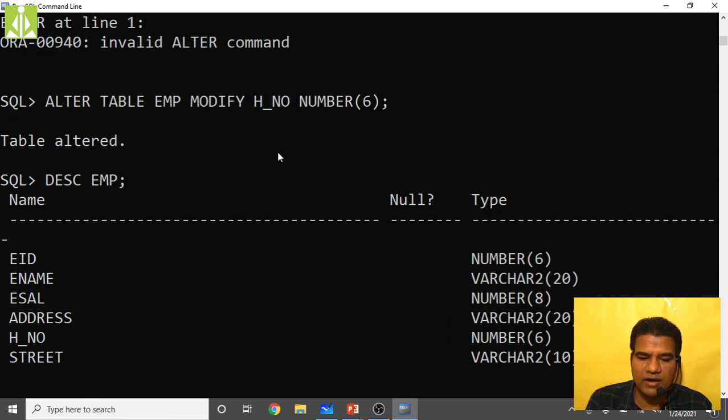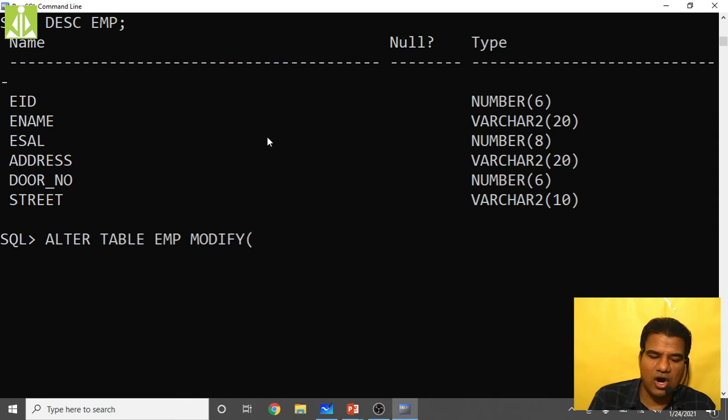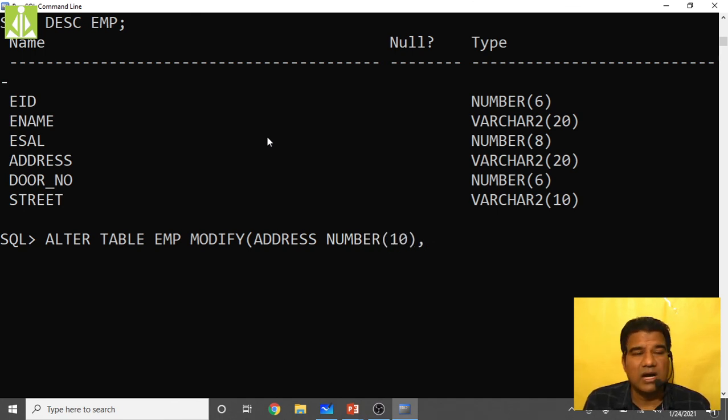Here you can put, first I want to change the address, which is varchar2, to number of 10, comma, after that I want to change door_number to varchar2 of 10.